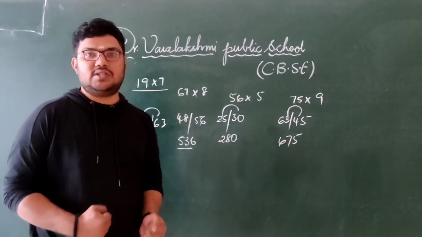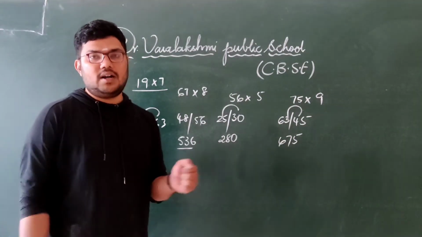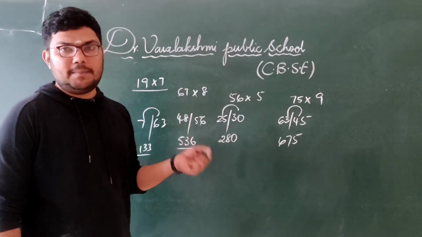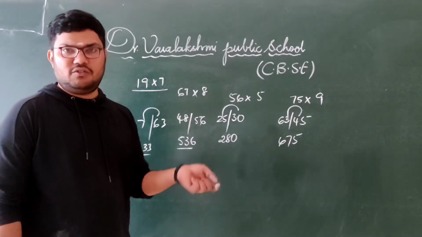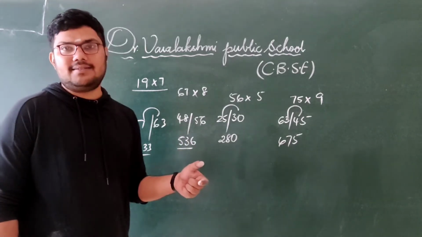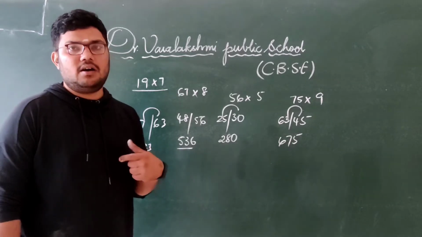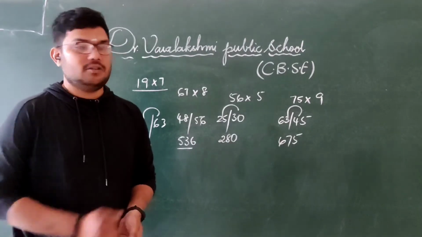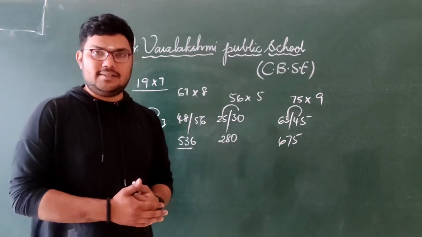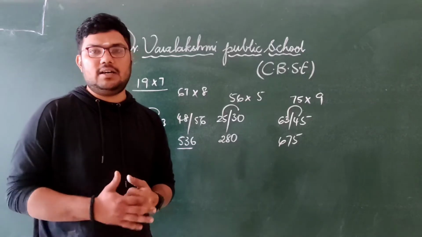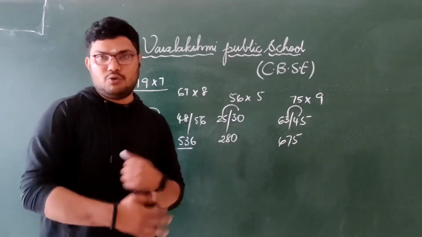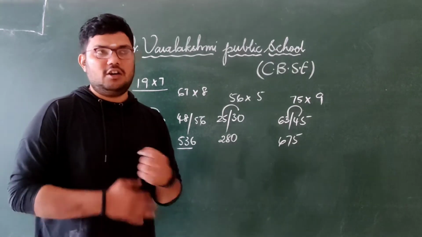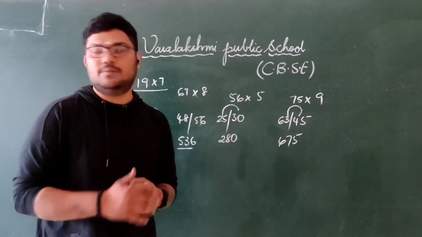Hope you guys understood this trick, how to multiply one digit with a 2-digit number. Not only a 2-digit number, for every 1 digit multiplied by 3 digit, 4 digit, 5 digit, you will get a faster answer by multiplying like this, better than the regular normal method we use for multiplication. So practice this, do not be led by just seeing this trick. Practice more examples to make it a habit. Your math will improve a lot, I promise you.